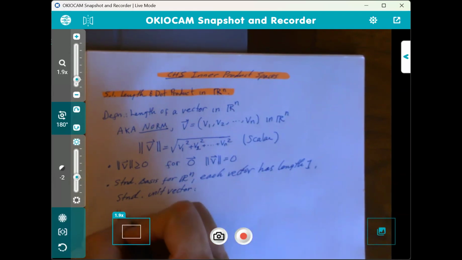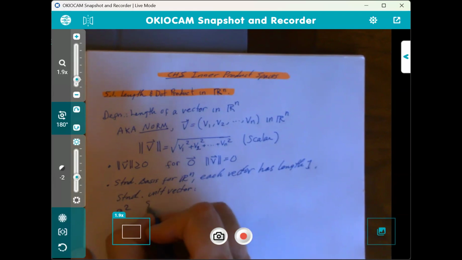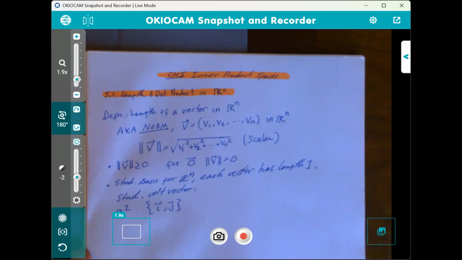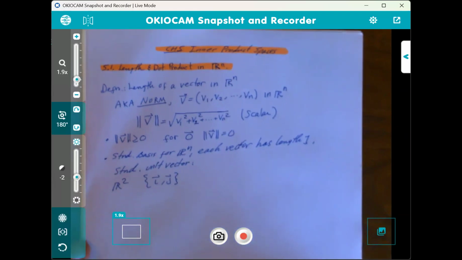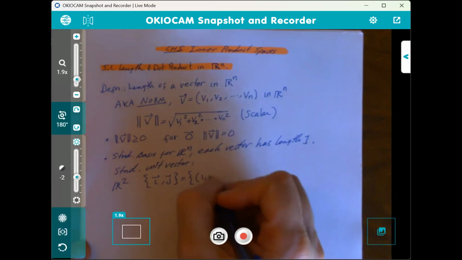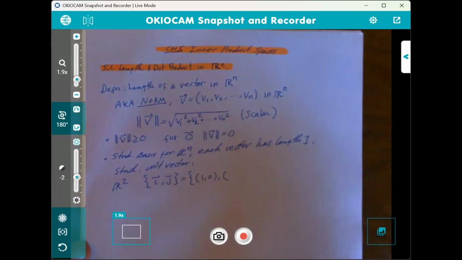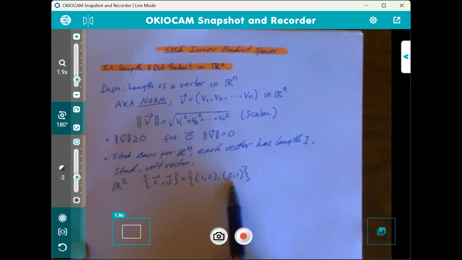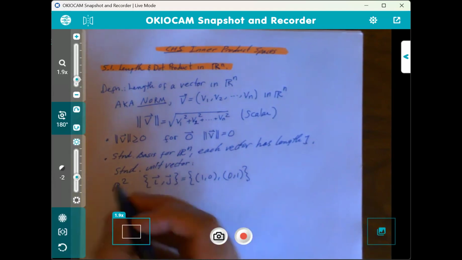And in R2, for example, our unit vectors are the i, j vectors, right? We've talked about those before. And these vectors, if you remember, vector i was (1, 0), and j is (0, 1). All right, so the length of each of these is going to be 1. The length of this will be 1 because you square 1 plus the square of 0, you get 1. Square root of that is 1. Same thing with this one. Now in R3,